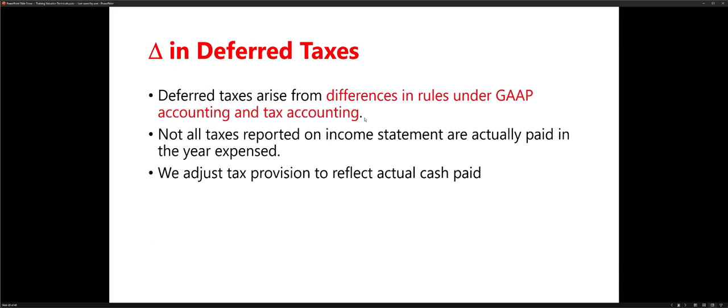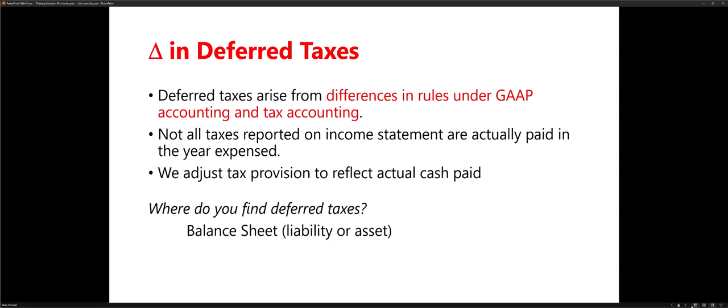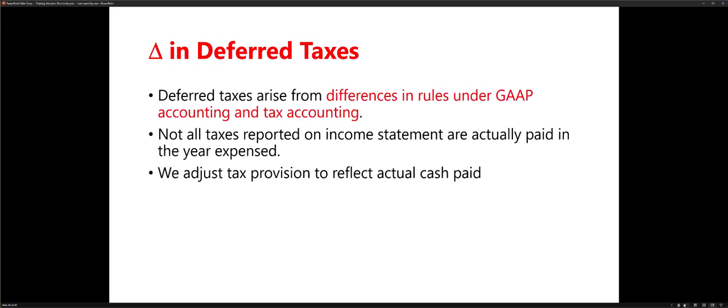All right, deferred taxes. Why do we take the change in deferred taxes? Well, first of all, we have two different tax books: the books that we submit to the IRS and the books that we actually show to our investors, or the 10-K, right? So the temporary difference between the two is recorded on the deferred taxes. It could be a liability, it could be an asset, depending on,